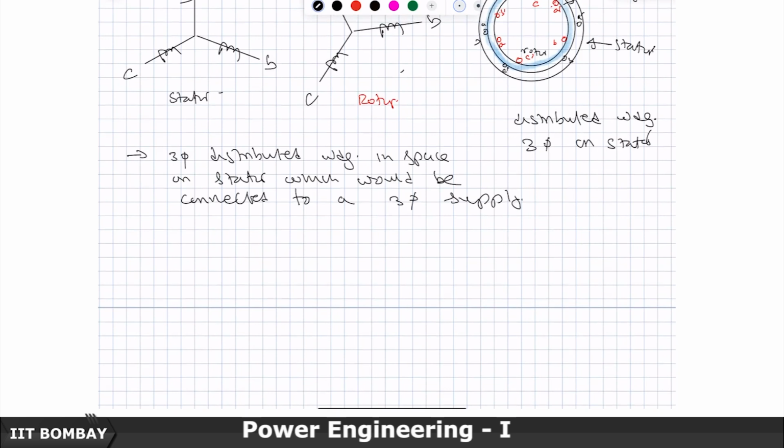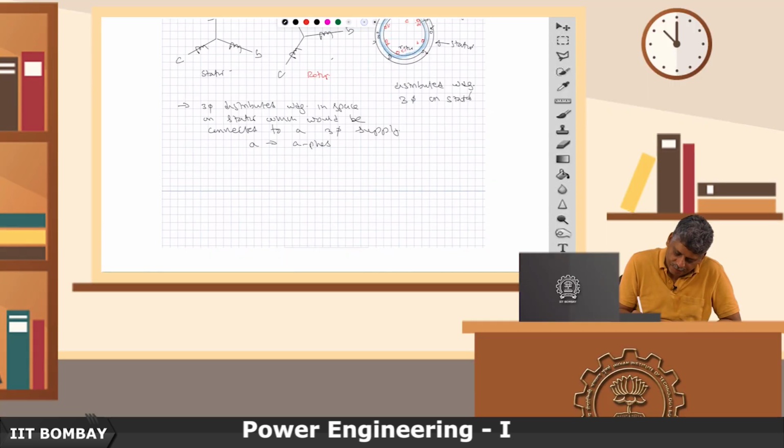So, the A windings will be connected to A phase supply. Let us call it as say V of A of t is equal to V m cos of omega s of t. B phase would be connected to B phase supply, which is V b of t equal to V